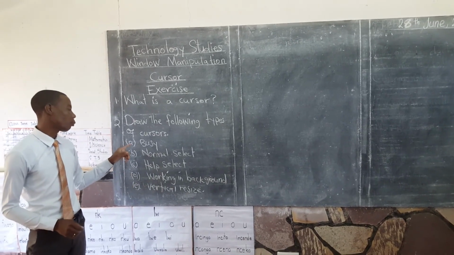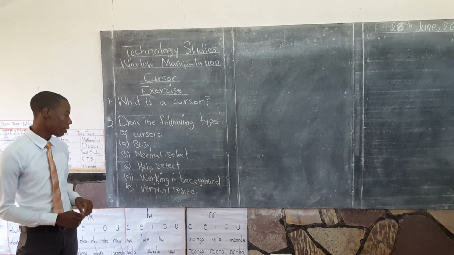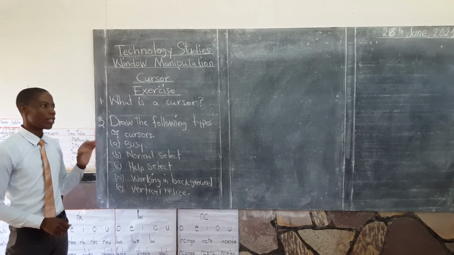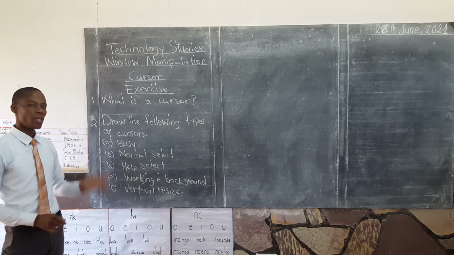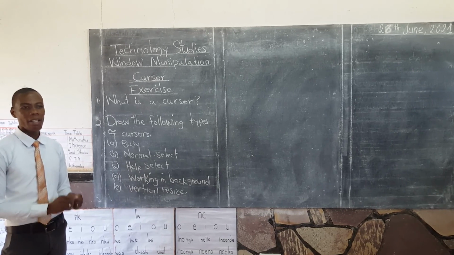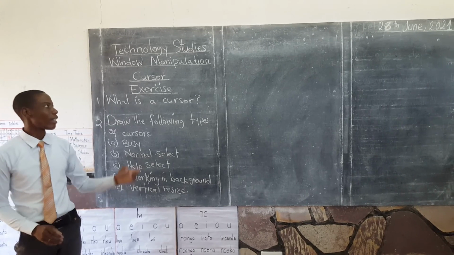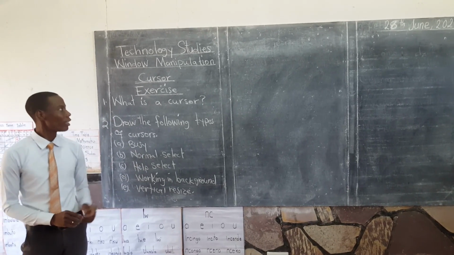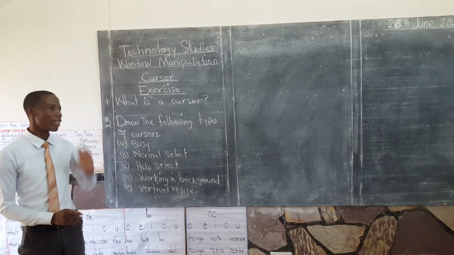You're going to draw a busy cursor, a normal select, a help select, a working in background, and a vertical resize. If you have a computer at home, please practice using these cursors just like the demonstration that I have done. We have come to the end of technology studies, but I would urge you to continue practicing at home. Ask your daddy to give you a computer if you have one at home, so that you can see how these types of